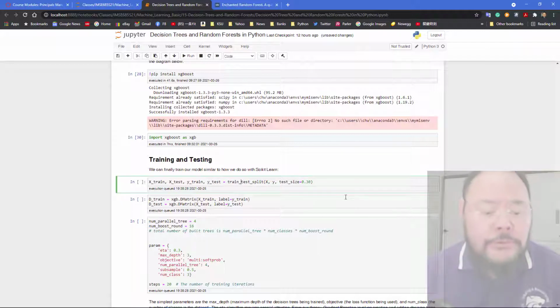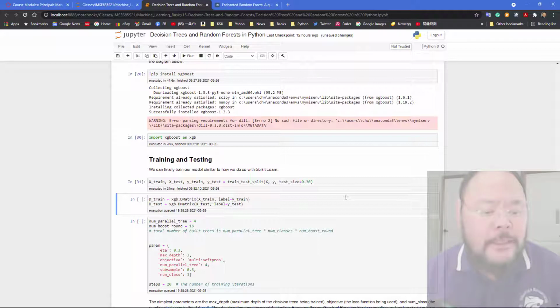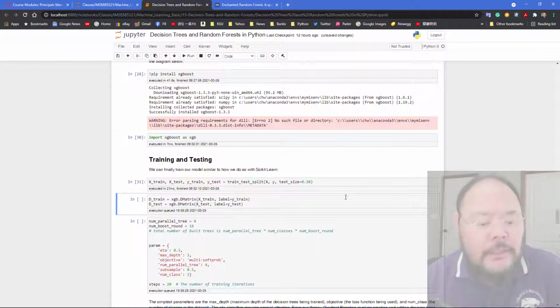Same thing, we're going to do the training test, actually defining the training set and the test set. This library is using a slightly different organization for the training set and test set. It combines the X and Y together into a matrix and uses it as an input. So we do the same thing using